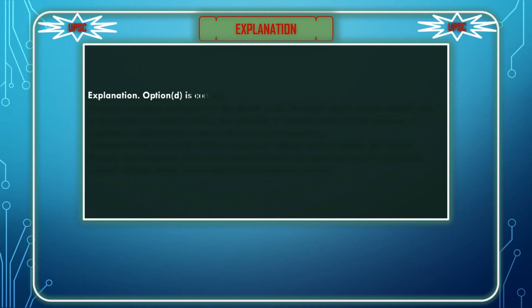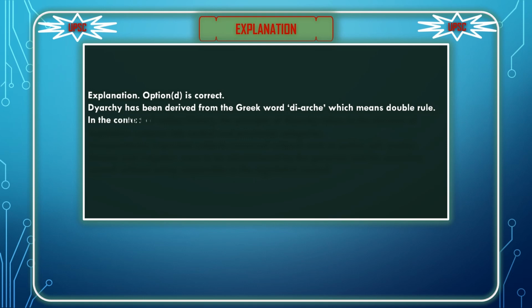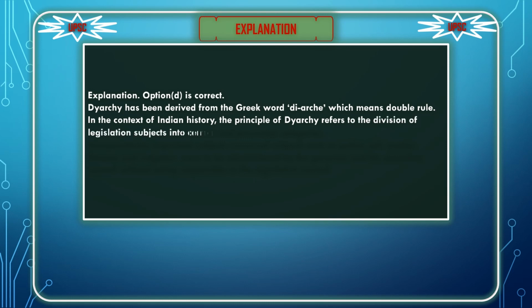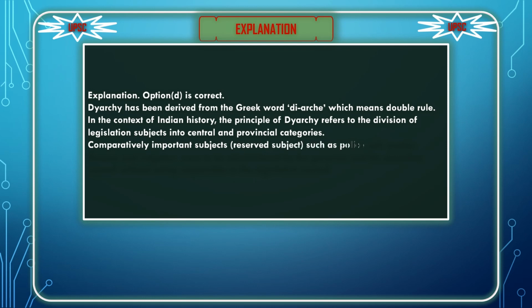Explanation. Option D is correct. Diarchy has been derived from the Greek word diarchi, which means double rule. In the context of Indian history, the principle of diarchy refers to the division of legislation subjects into central and provincial categories. Comparatively important subjects, reserved subjects, such as police, jail, justice, finance, and irrigation were to be